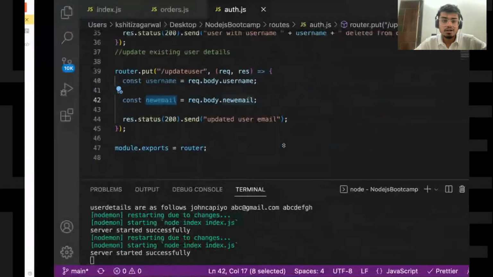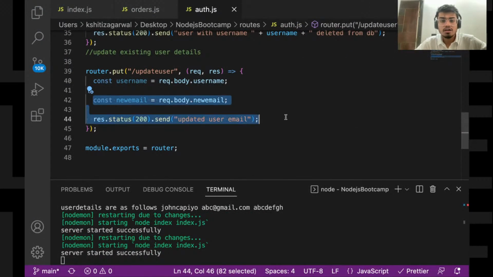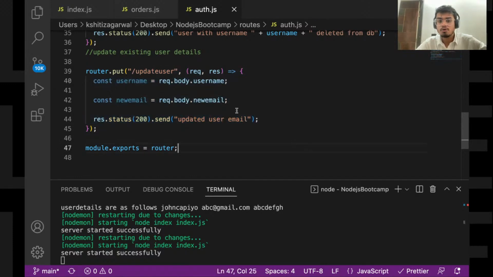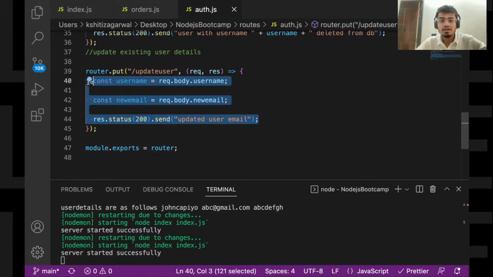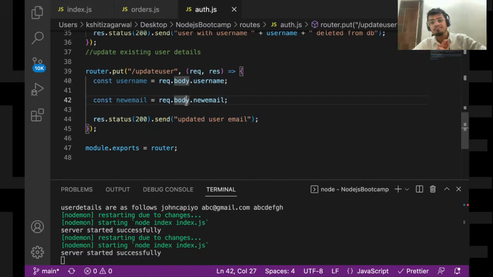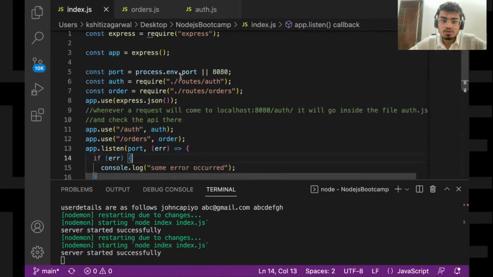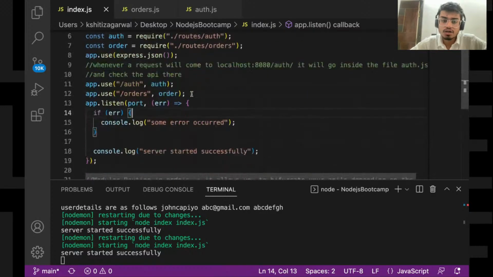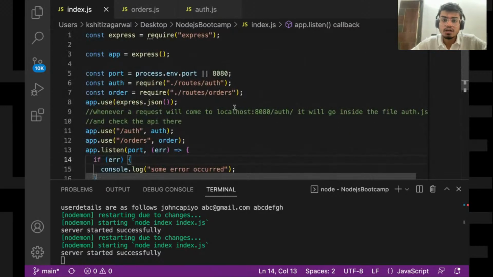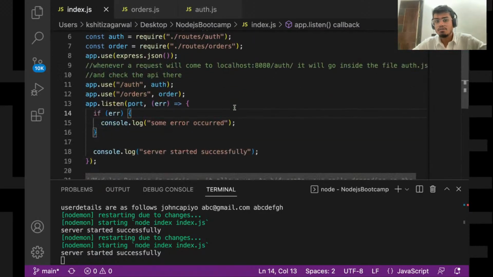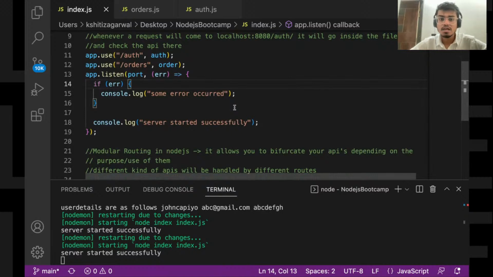Okay. So right now we are not doing any operations over here, but when we have a real world scenario, we do some operations with this particular data, right? And then the stuff happens. Okay, so I think our APIs are also covered, modular routing is also covered. So that is all about the things that we have in Node.js. Rest is about exploring new things.